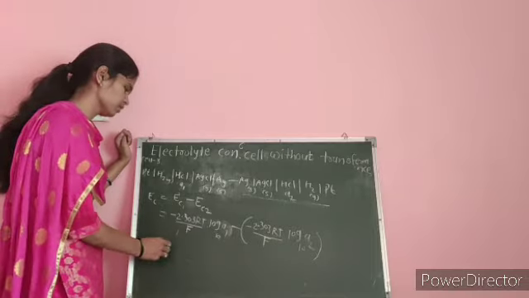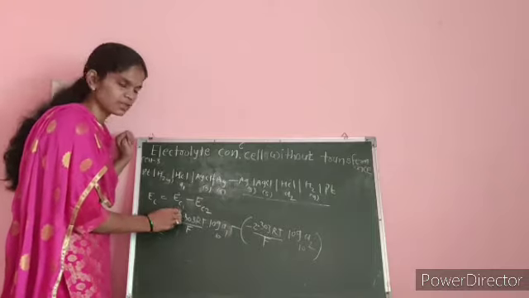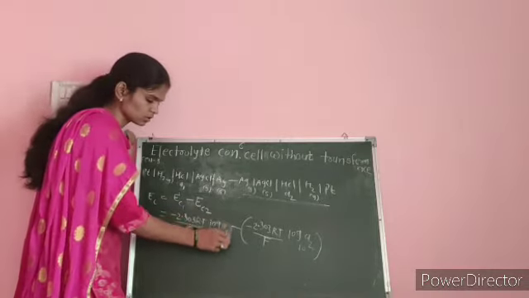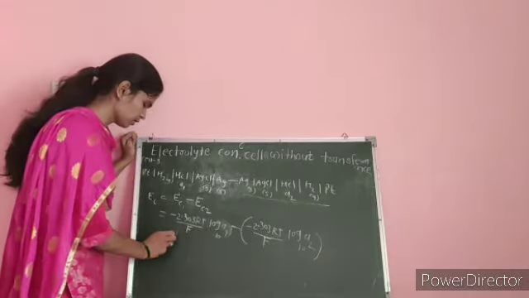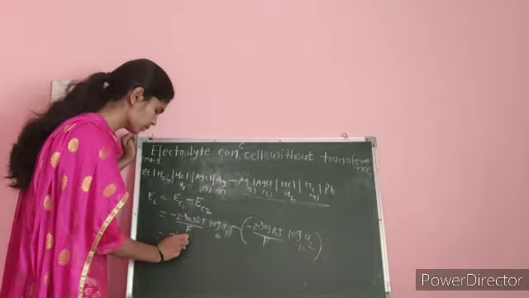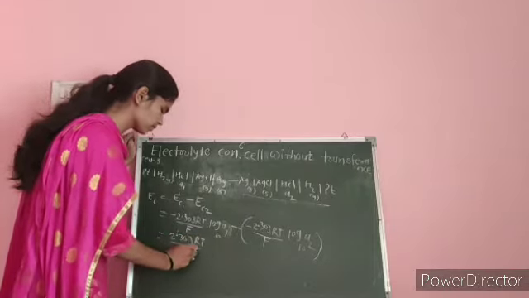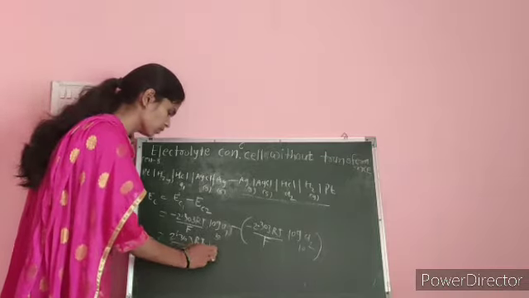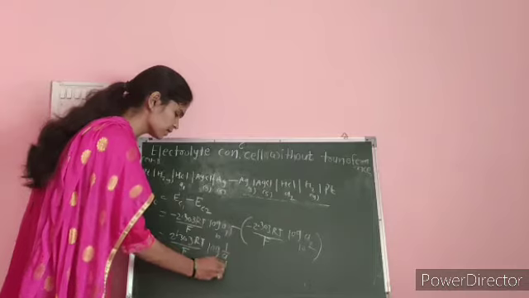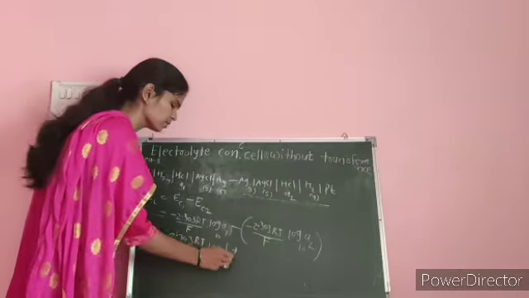From this equation we put up the value, this minus sign changes to plus, therefore write down 1 upon A1, A1 goes on the denominator, the value is plus, we can write 2.303 RT/F log of 1 upon A1 to the base 10,